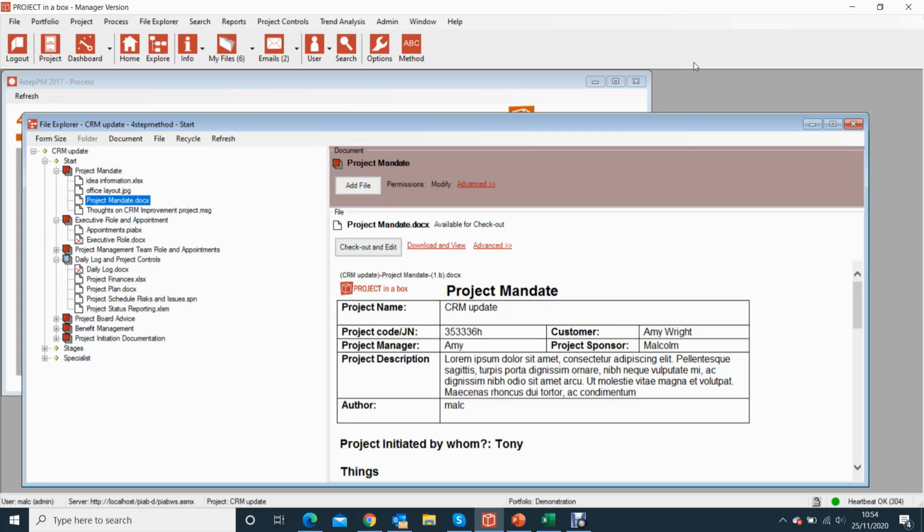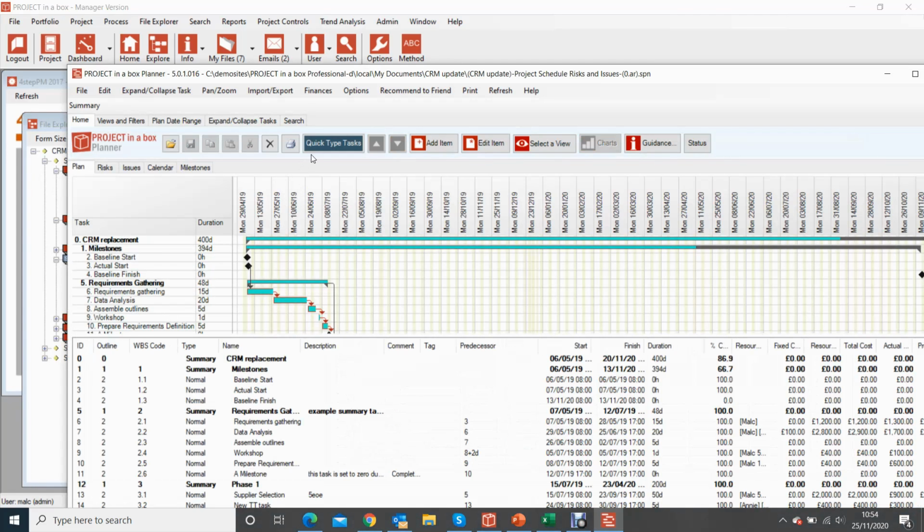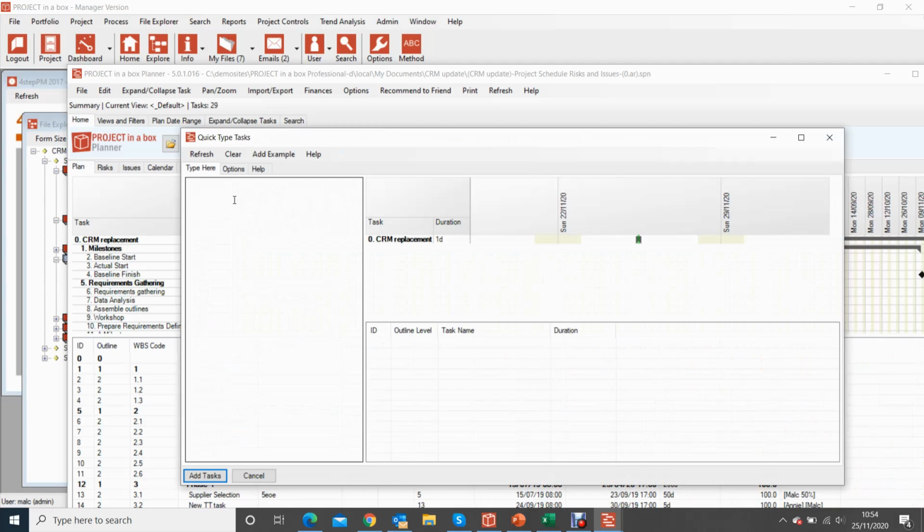Okay, so that's that. While we're here, we'll just have a quick look at the additions to Planner plans, the quick type. So if I come and find my plan here and check it out, you'll see in the menu here I've got quick type for tasks, and that allows me to drop some content into here. I can type straight in if I want to, so I could do a new task,